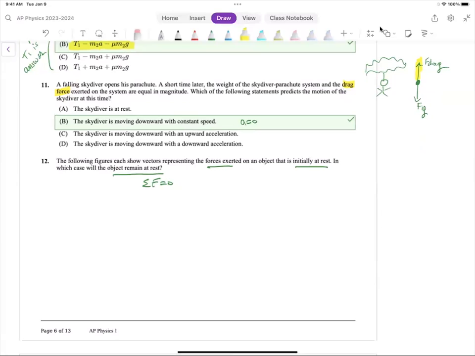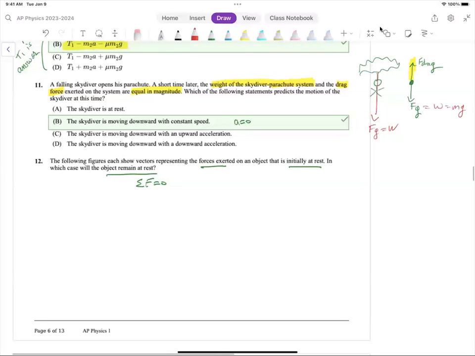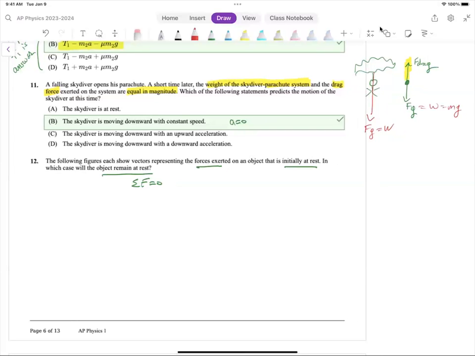Number 11, I got a person going down, jumps out of an airplane, has a parachute. Okay. Sometime later, the parachute system and the drag forces are equal in magnitude. The weight of the skydiver parachute system. So the mass, the weight. Okay, what's the weight? That is Fg, which equals weight, which equals the mass of the skydiver's parachute system,